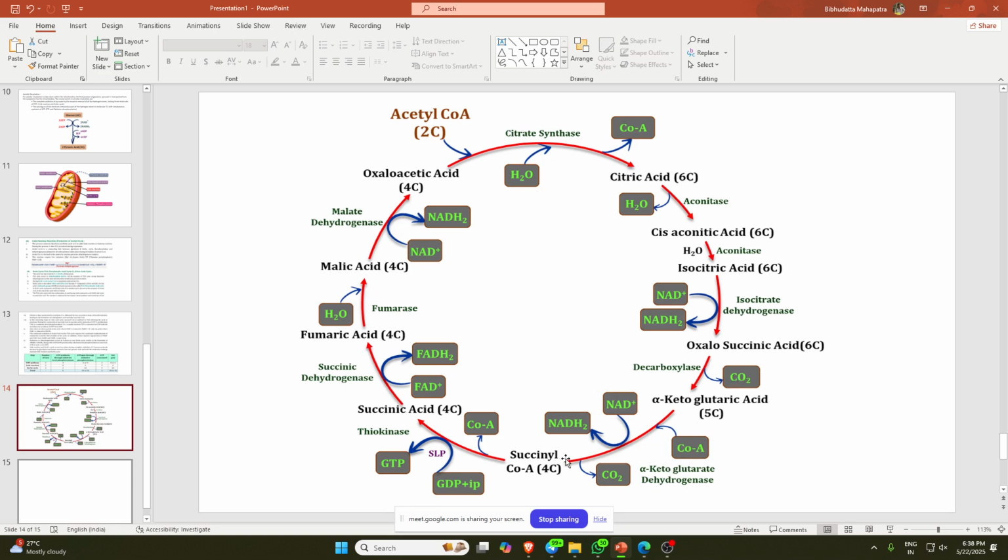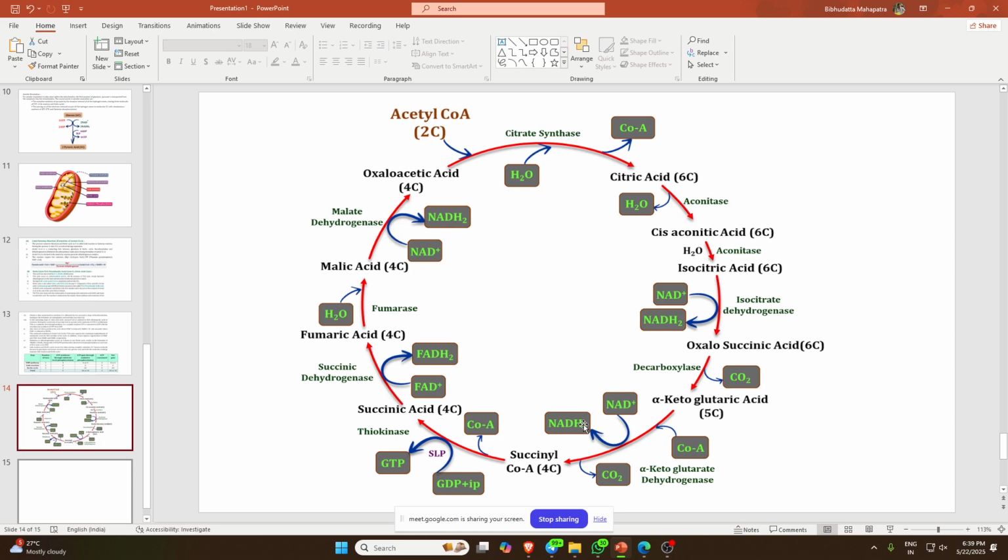Here this carbon dioxide is released and coenzyme is added. That's why this is succinyl coenzyme. Okay, fine. So this is oxalosuccinic acid. There will be carbon dioxide released. That is called alpha ketoglutarate acid. Now here this alpha ketoglutarate acid again goes under decarboxylation. Okay, oxidative decarboxylation. Here this one is oxidized to succinyl coenzyme A, and there is an oxidation happening over